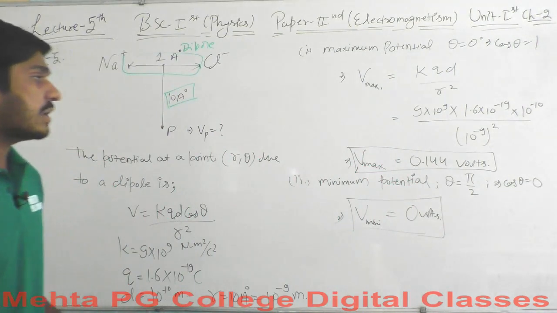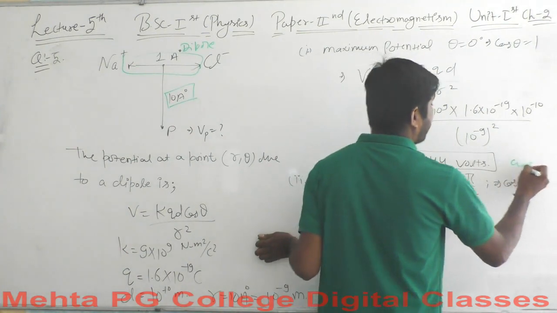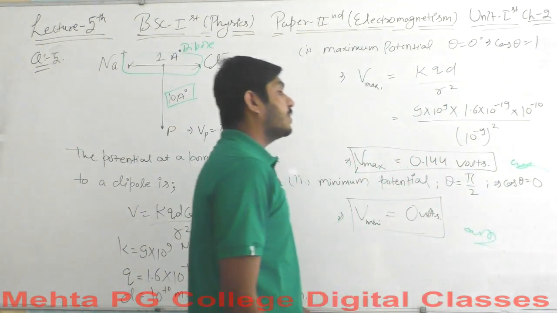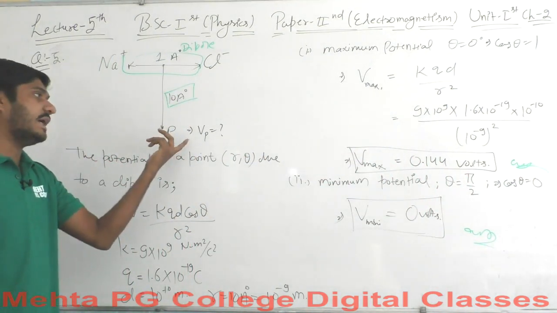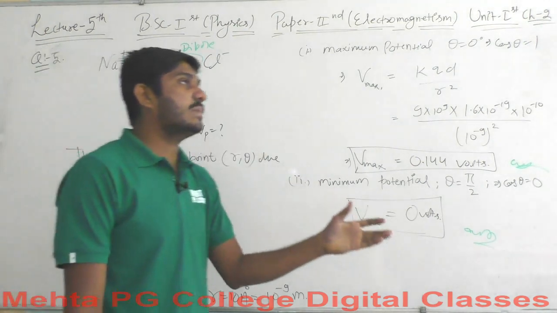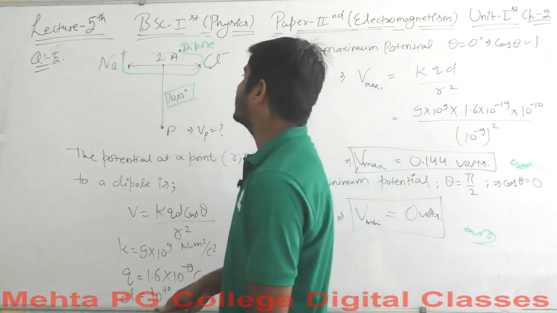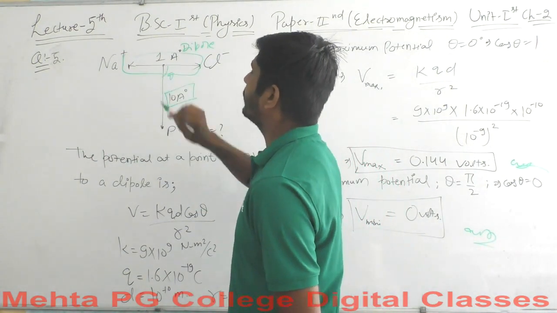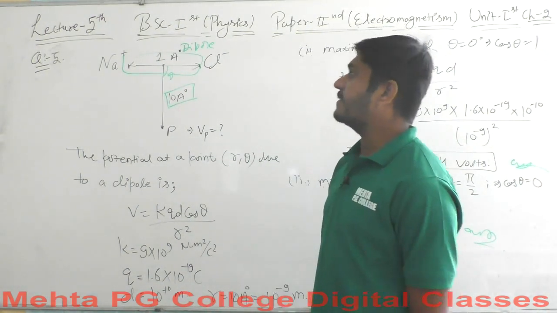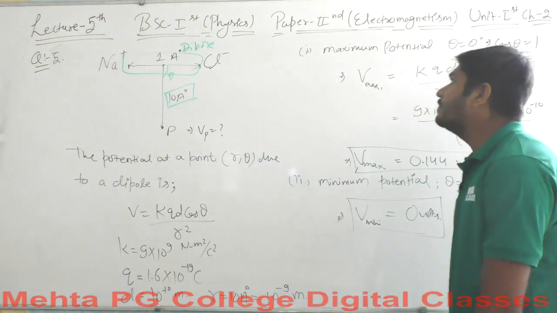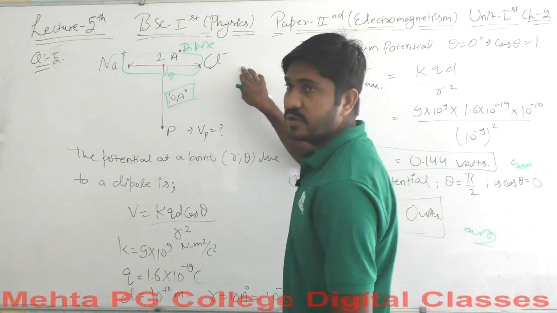So I hope that you can calculate this example also in a very similar way to how I have calculated it. You are subjected to come up with these two results here. You just have to keep in mind that the point is at point P. We do not know whether it is an axial point or an equatorial point. We just assume that, let's say, this is the angle theta which point P is making from the center of the dipole. We don't know the exact value of theta here, but we are asked to calculate the maximum and minimum potential.